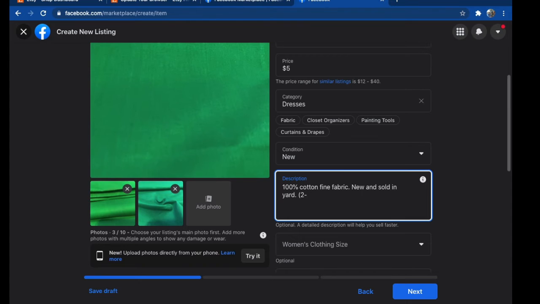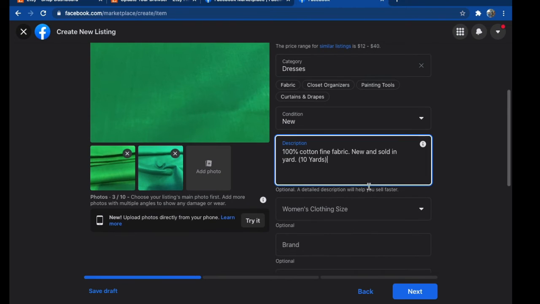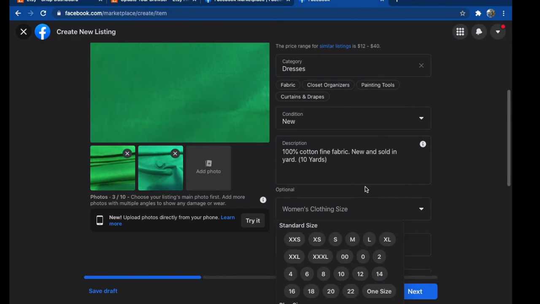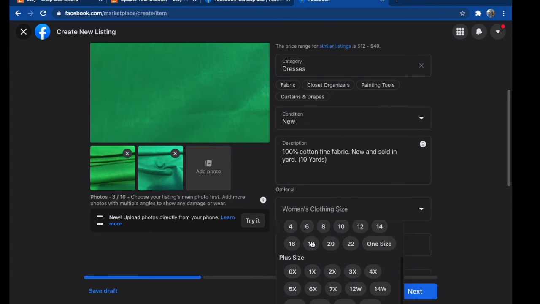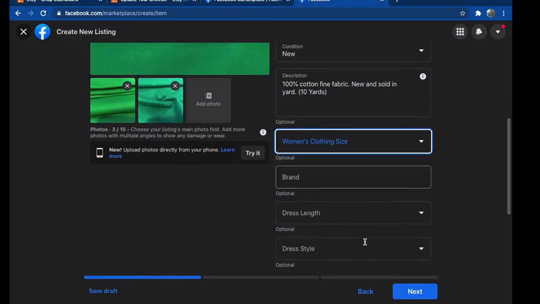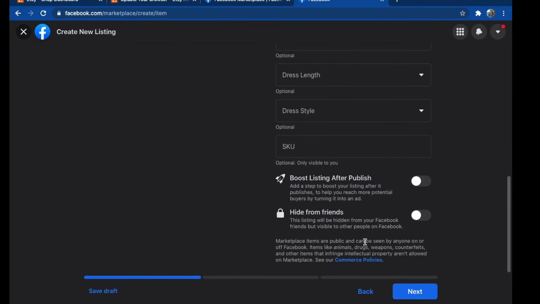Available quantity is say 10 yards. This is the description I'm giving. We don't need all of these, they are optional, so I'm just ignoring things like brand and dress length, because it's just a fabric.